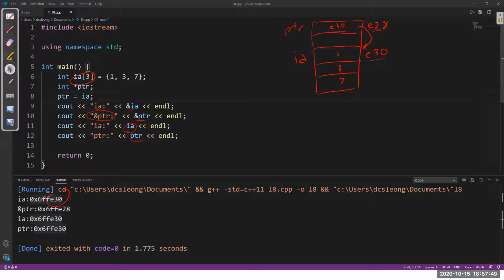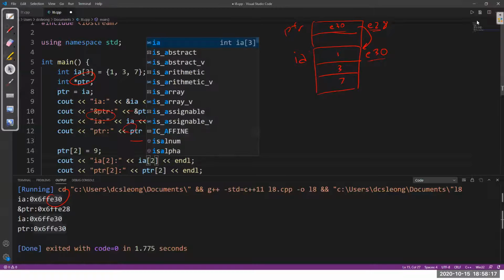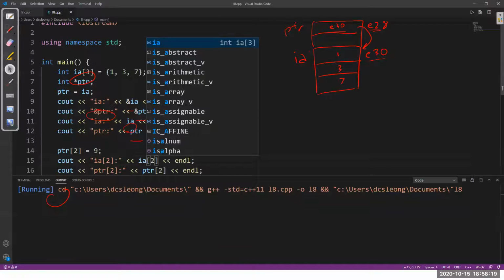All right. To add to the confusion, let's do some modification. We do pointer 2 equals 9. Then we cout pointer 2 and we cout ia 2.